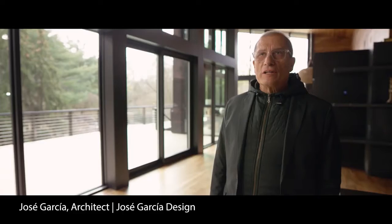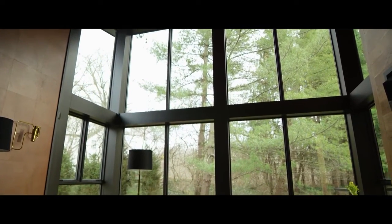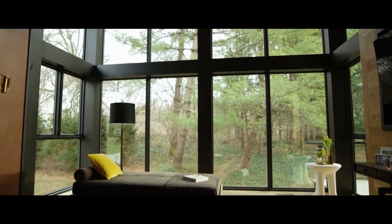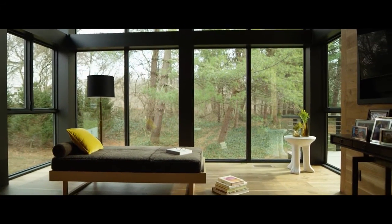Our design philosophy is based on an approach that considers the macro picture and the micro picture equally important. So one is in support of the other. We develop details from the doorknob to the generals of the building. So one explains the other. This particular project, the natural light and the way it comes in and activates the spaces was the most important